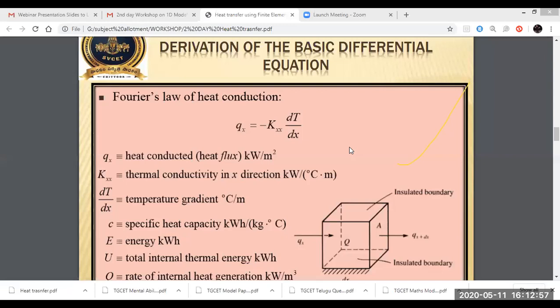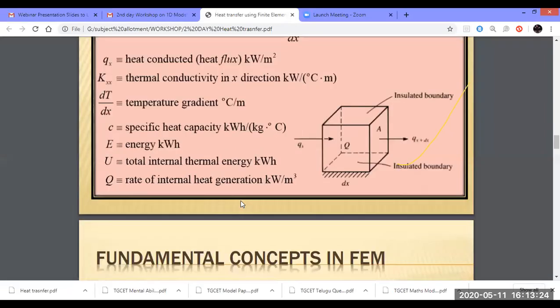In a thermal problem, we take another one: E is replaced by K. K is the thermal conductivity. The unit is watt per meter Kelvin. As per these statements, you get the unit watt per meter Kelvin. Q is directly proportional to change in temperature. Q is inversely proportional to thickness of the member. Q is directly proportional to area of the member. Now, this is the small statement relevant to finite element.